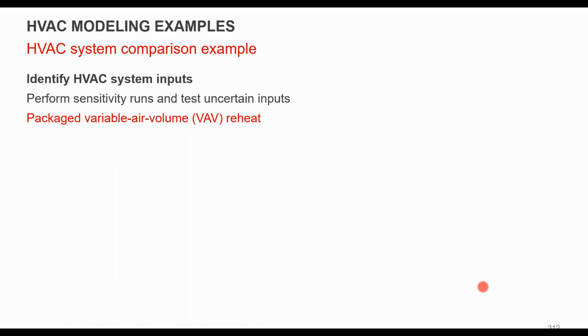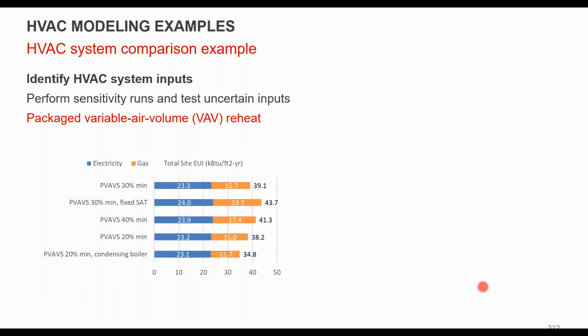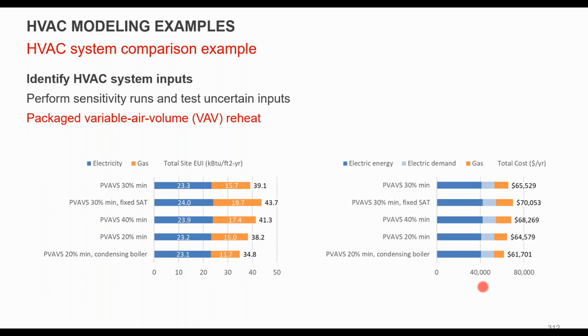It just depends. So what does this look like if you wanted to check sensitivity-wise? So let's just look at a couple examples. The same thing: energy use intensity and total cost. Again, using the same metrics, same cost metrics as we had before, of our standard VAV system with 30% min.